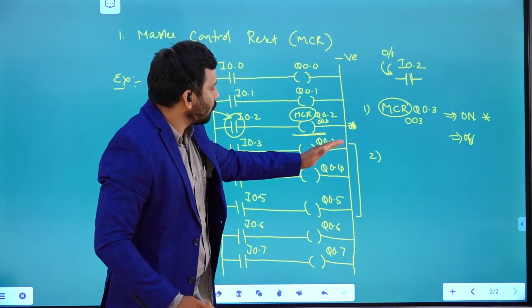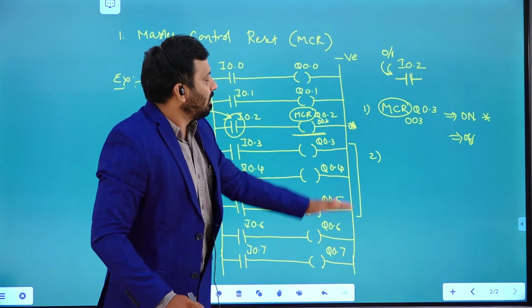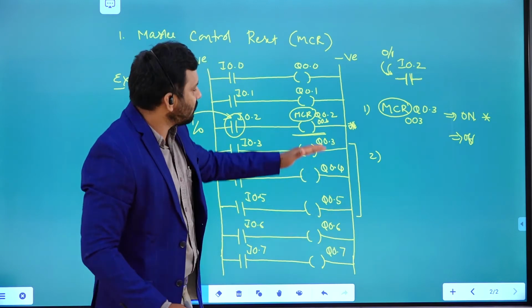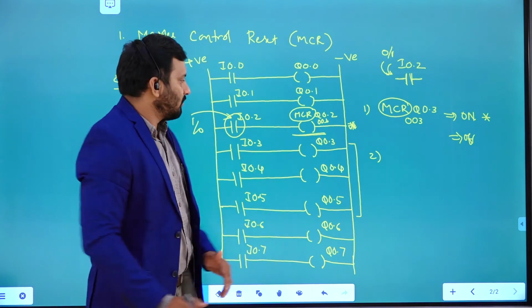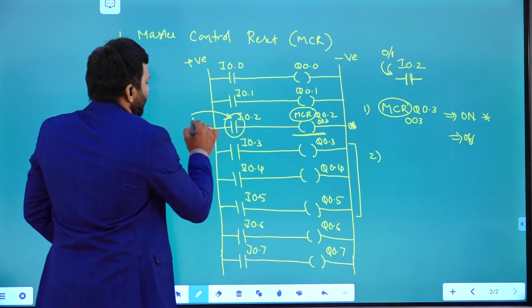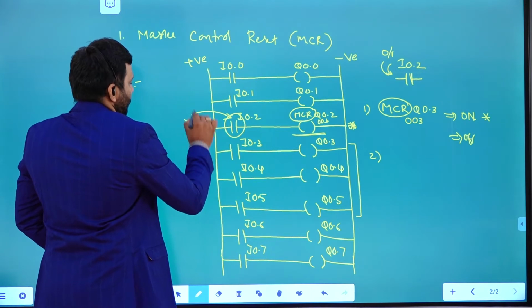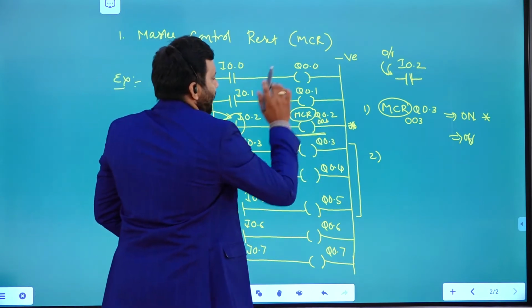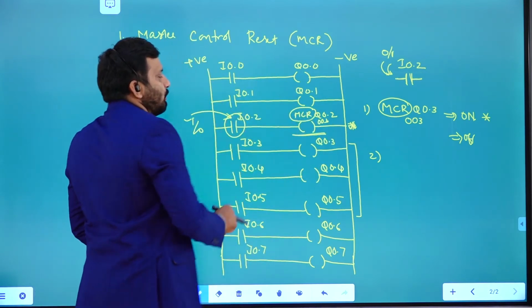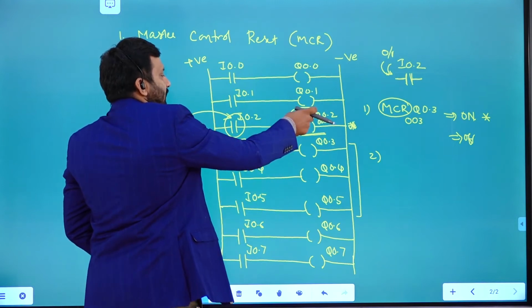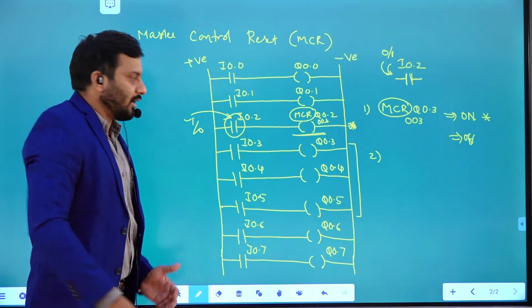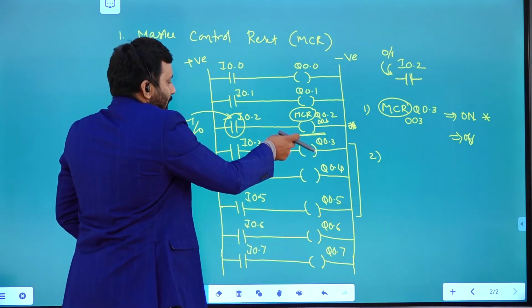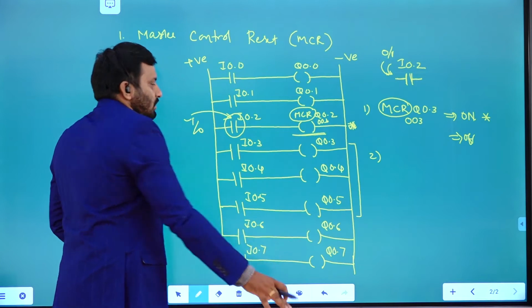That means it's not going to reset the next rungs. Once it is in the active state, this master control reset is not going to perform any operation, so the remaining rungs are going to be executed as usual.